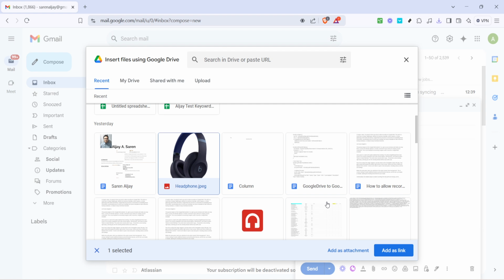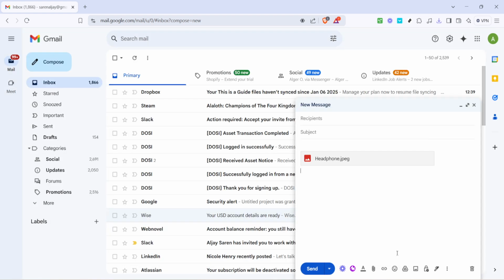After ensuring you have the right document selected, your next step will involve deciding how you want to share your file. Right there in the window, you'll see an option that says Add as Link. Click on this to attach your document as a link in the email. Adding files as links is beneficial, particularly if your document is large or if you want the recipient to have access to the latest version of a shared file, as Google Drive will always provide them with the most updated